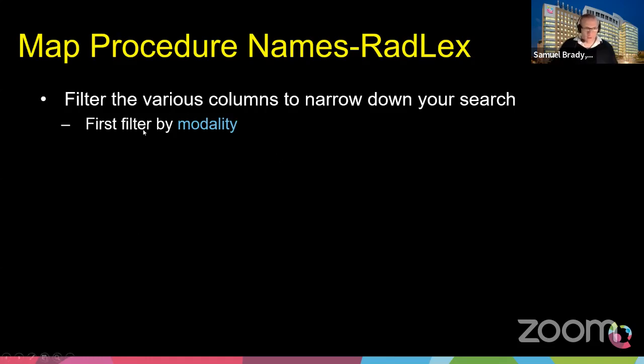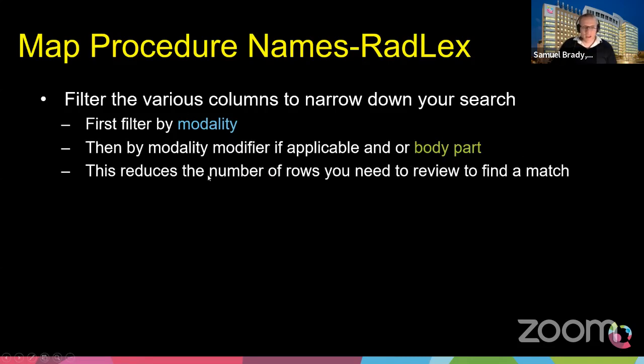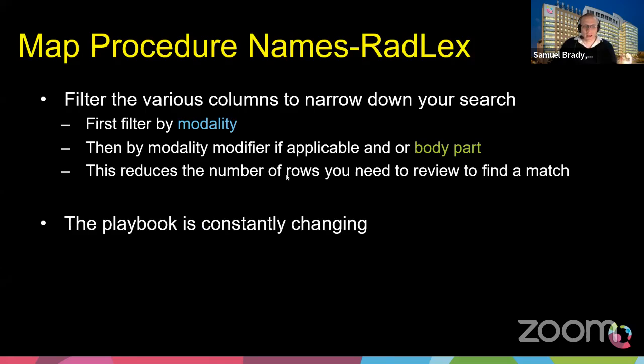You can apply filters, and you can look by modality. You can, of course, look by body part. And you can then go through and reduce the number of rows of data until you find the exact match that would work best for your data. You can once again identify that RPID value, and you can use that, of course, to map your protocol names at your hospital. My only comment to it, downloading it's great, because if you're pretty flexible or handy using Excel,